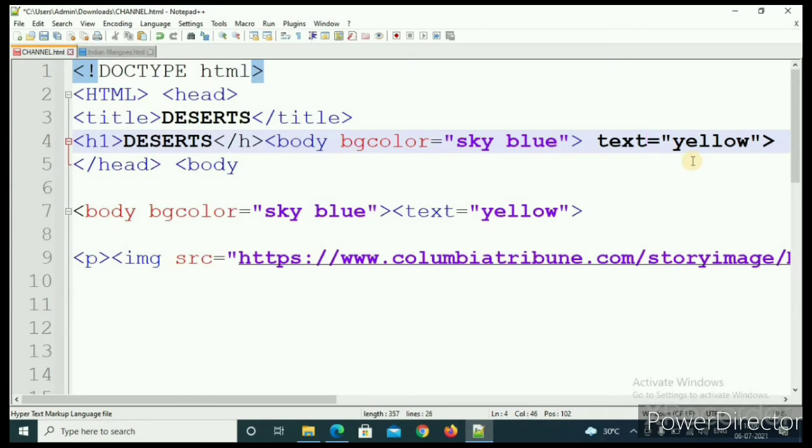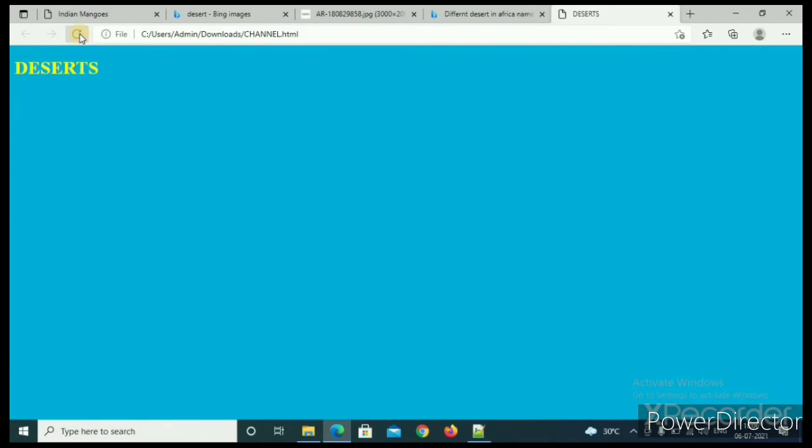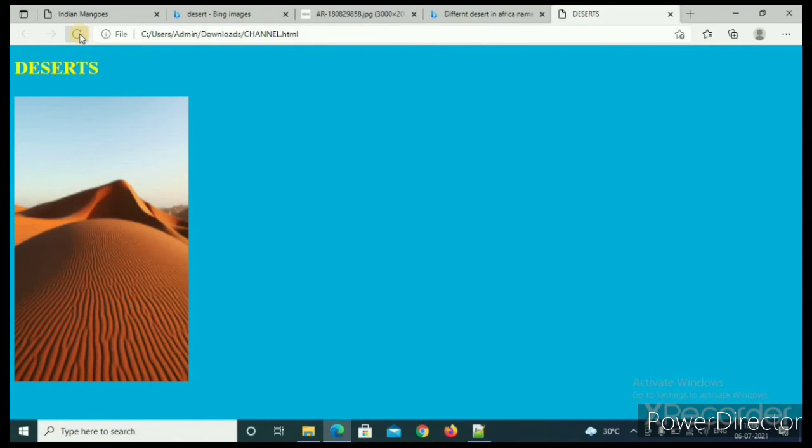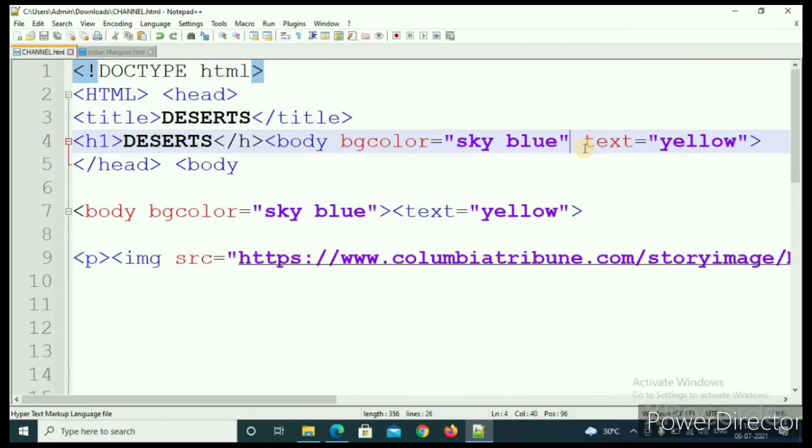What is the problem here? Yeah. Then if you press Ctrl plus S, then here you can reload. Then you can see it's done. Oh, now I got relief. Then it's done. This command you have to write in changing the color and BG. Okay, this is the correct one.